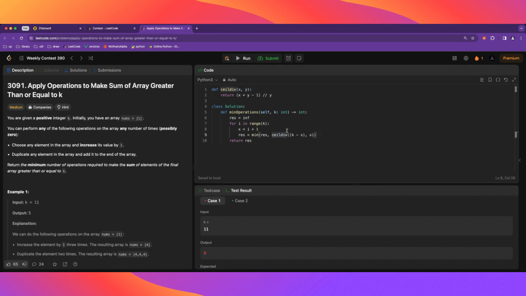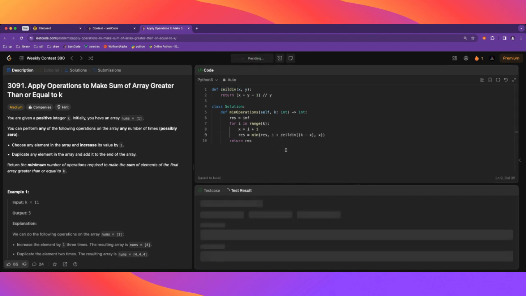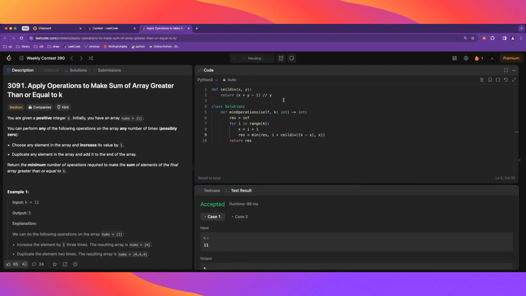Oh, I'm not counting the increments in the cost, in the number of operations. Right. Correct. So